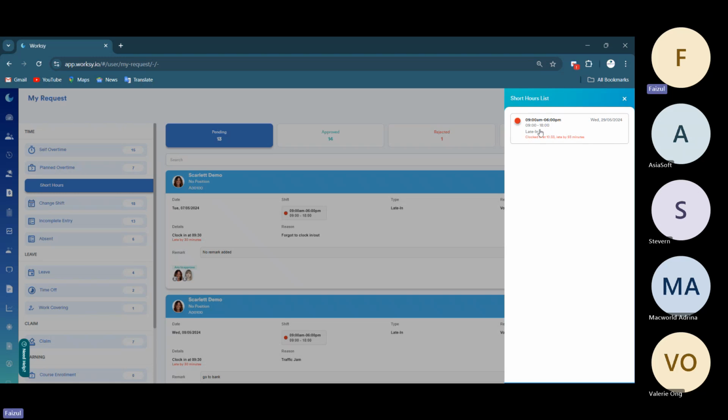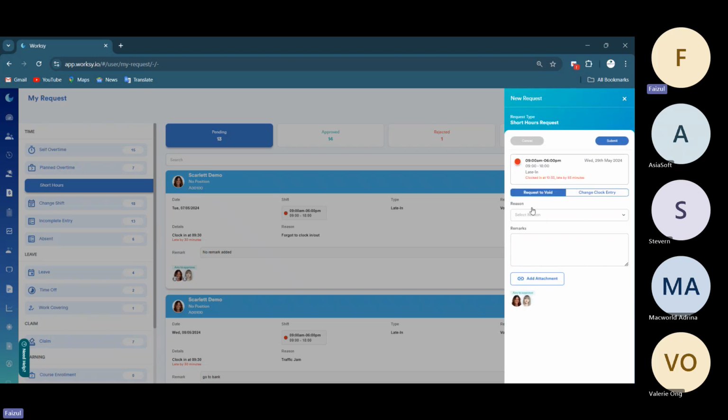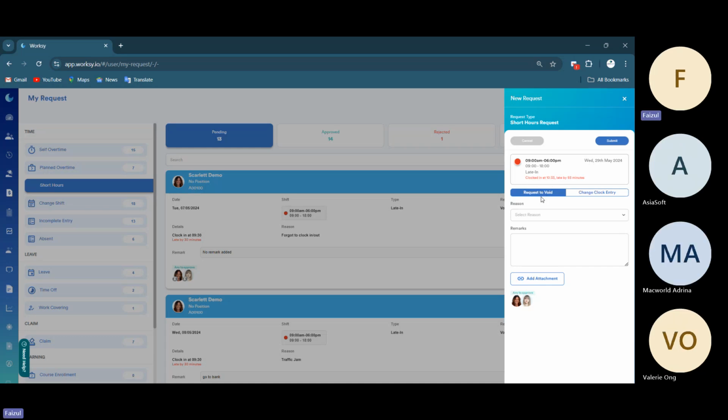It will appear here, then you can select here. All right, so there are two options here. If you want to void, void means there is nothing detected as late in. So if you request and it is approved, then there is no late in or early out appearing in the exception or status. If you want to check the clock entry, yes,